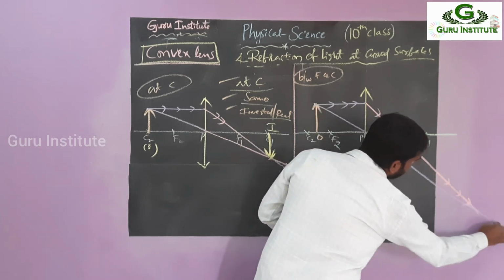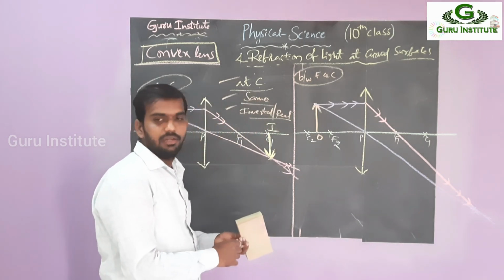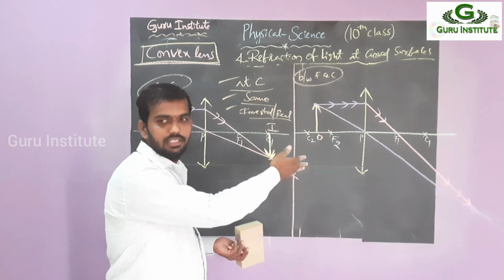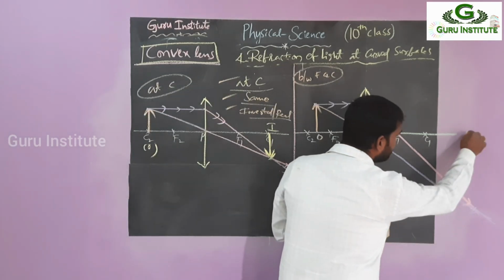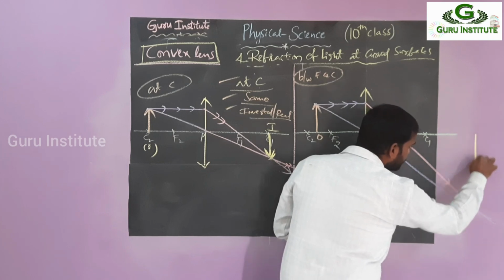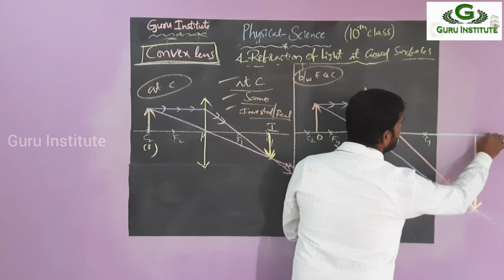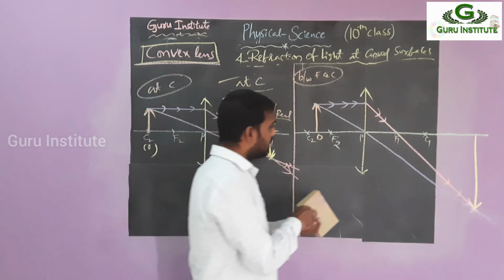Observe here. These rays meet here. Anything change? Just see here. Okay, right? So next, where will you get the image? We are getting it here, so just join this one. I have no space, that's why I am drawing like this. So this is the picture, so this is about the image.